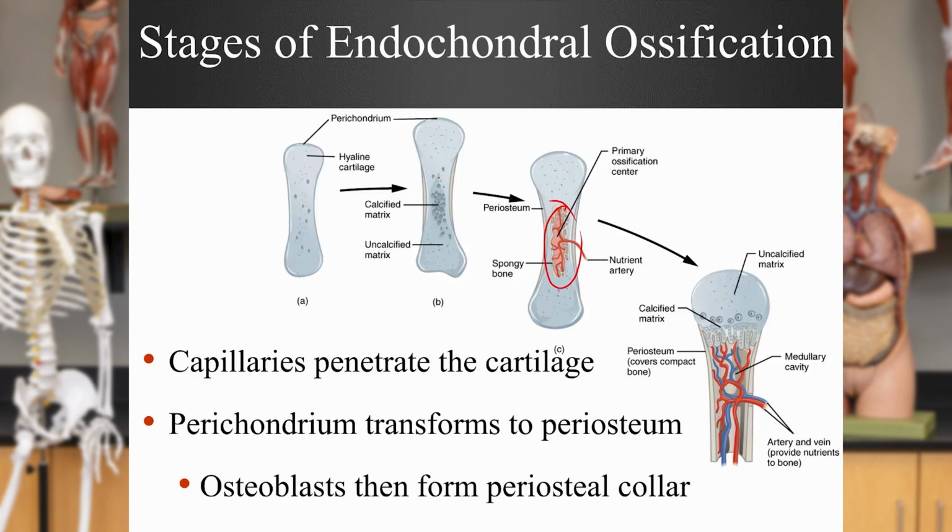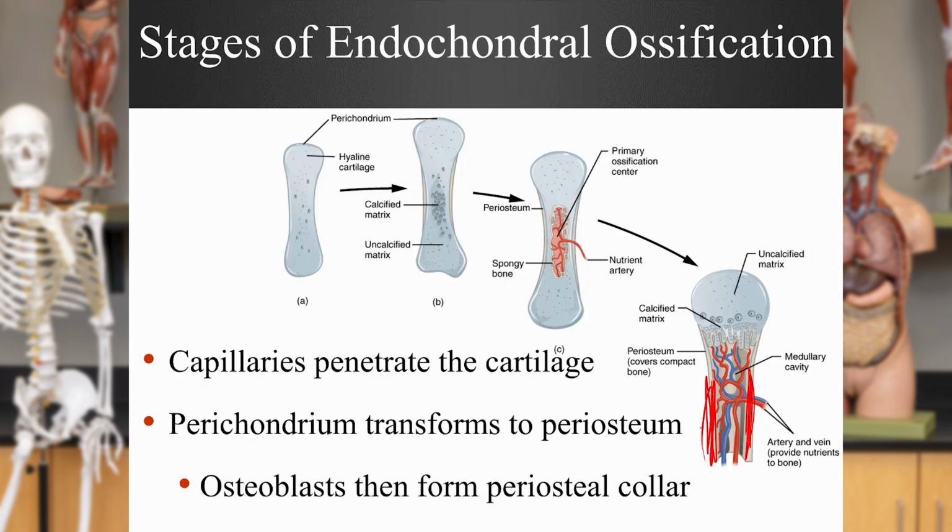This space in the middle of the bone, now without cartilage, allows the blood vessel to come in. As that blood vessel comes in, it brings more calcium, more osteogenic cells, and you create more spongy bone. While this is also occurring, the periosteum is being formed on the outside of this cartilage model. The periosteum will continue to grow from osteoblast cells, and eventually that will form a compact bone collar around the outside. That compact bone collar, in conjunction with the blood vessels inside, creates a nice, solid, compact bone